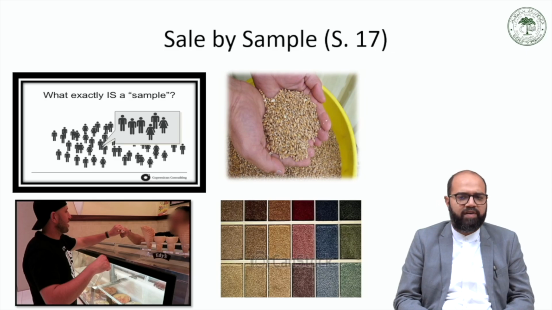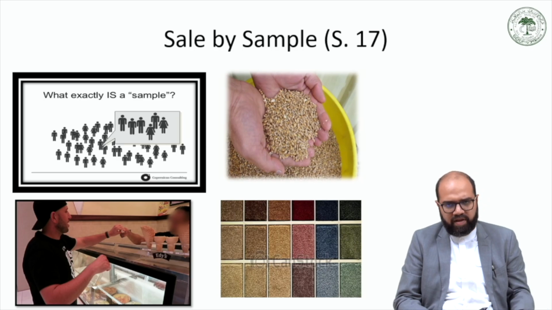So section 17 provides that a contract of sale is a contract for sale by sample where there is a term in the contract, express or implied, to that effect. Secondly, in case of a contract for sale by sample, there is an implied condition, firstly, that the bulk shall correspond with the sample in quality; that the buyer shall have a reasonable opportunity of comparing the bulk with the sample; and that the goods shall be free from any defect rendering them unmerchantable, which would not be apparent on a reasonable examination of the sample.